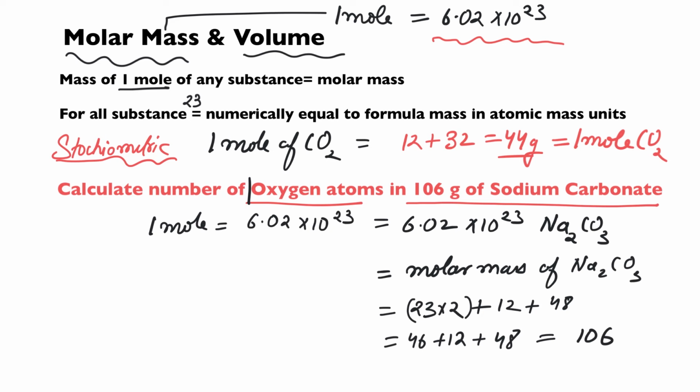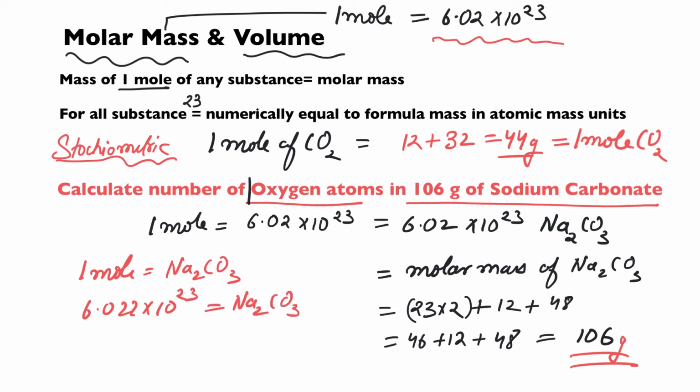So when it's said 106 gram of sodium carbonate, that comes out to be 1 mole of sodium carbonate, right? That means 6.022 times 10 to the power 23